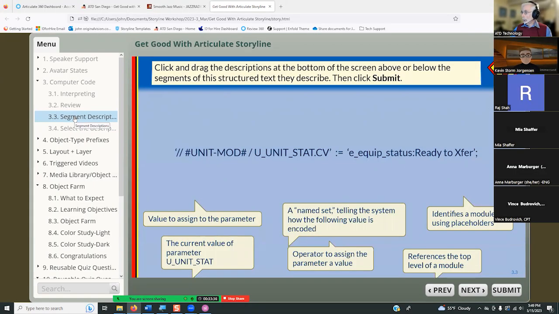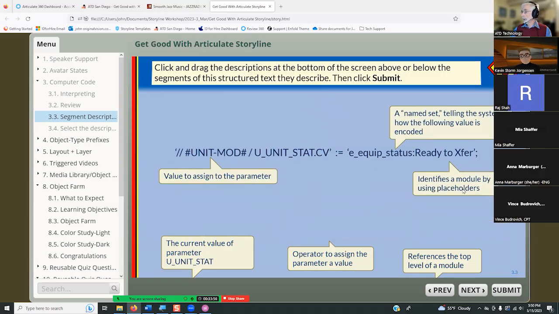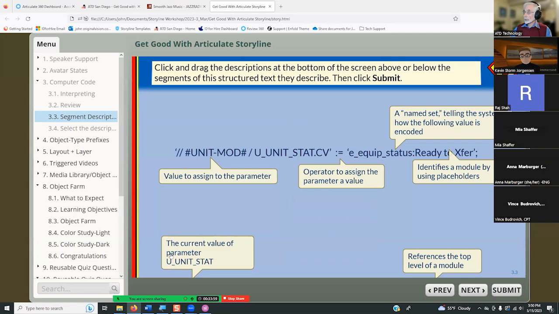Last workshop, we had Joe Waddington talking about making things accessible, and he made the point that this would not be compliant with being accessible for people who are vision impaired, because if you are vision impaired, you can't see to move things around and click and drag.